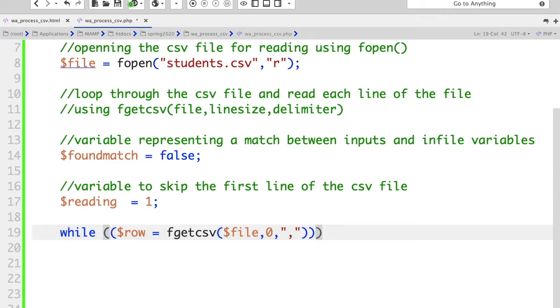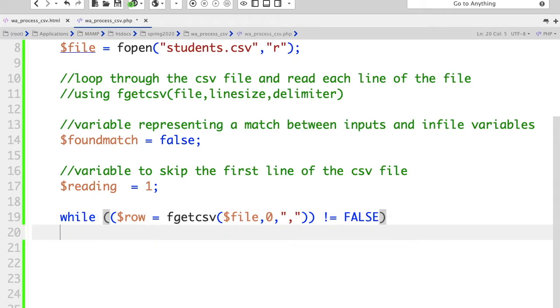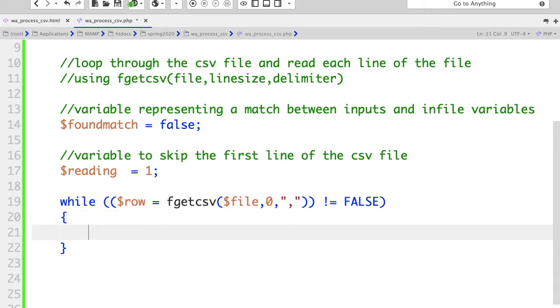All right? So if this here, we still have it here. If this here is not equal to false, meaning the end of the file, right? Any input error or end of the file, it becomes false. So we make sure the variable $row is different from false. So if it's not, we're going to do if